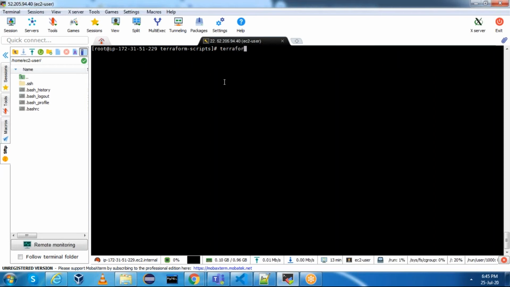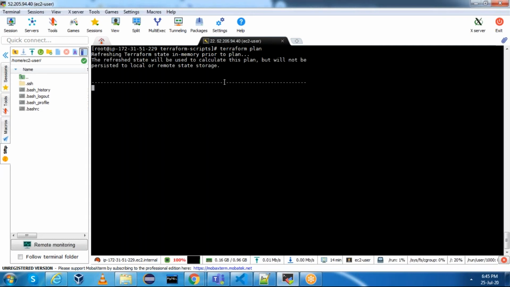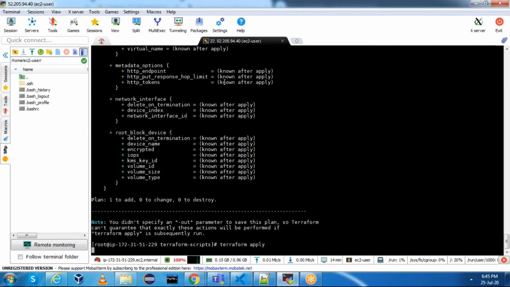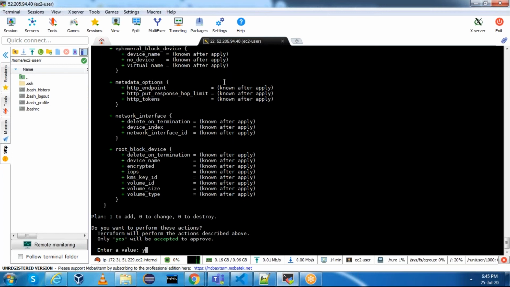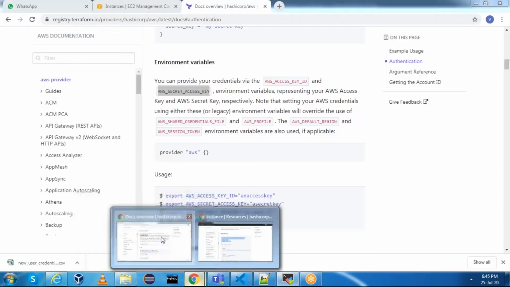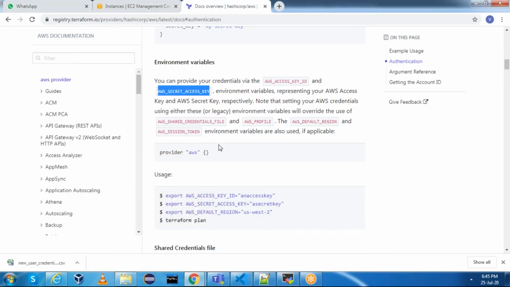Now you can do Terraform plan, and then you can do Terraform apply. You can say yes. See, it is creating now also. That means using the environment variables approach also we can do this.